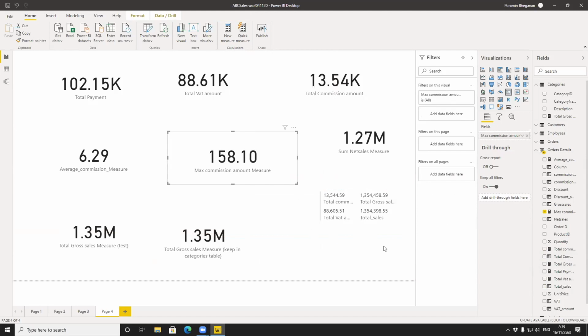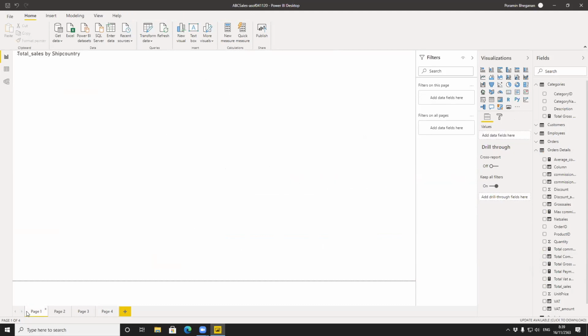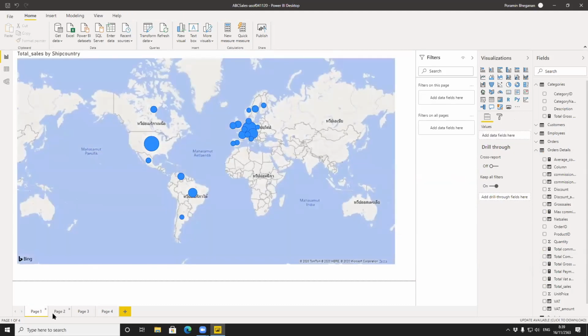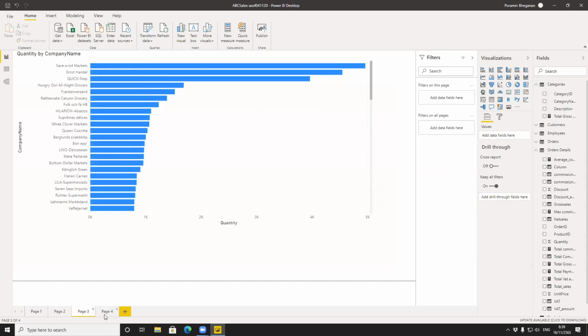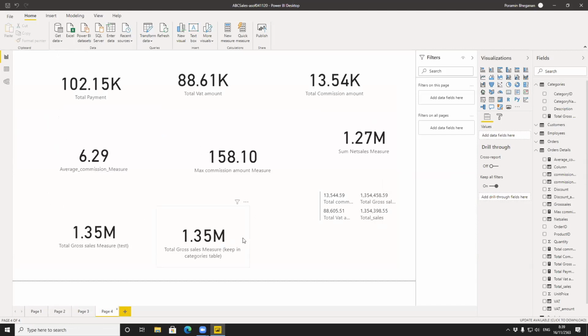So if you relate this kind of sales together with the chart that we created, it will change once you choose or filter them in different manners. So these are the measures and columns that we have to use in Power BI. When we have some more functions, I'll update you more